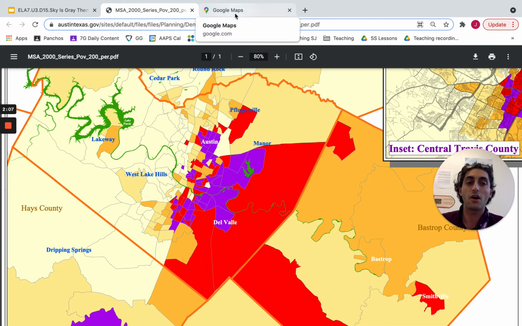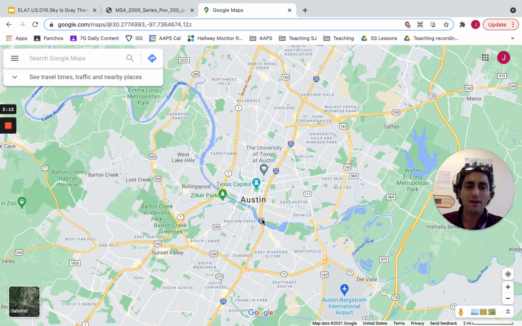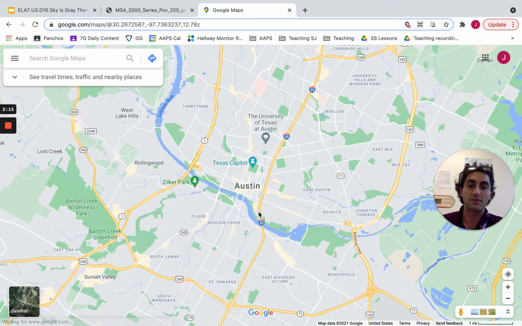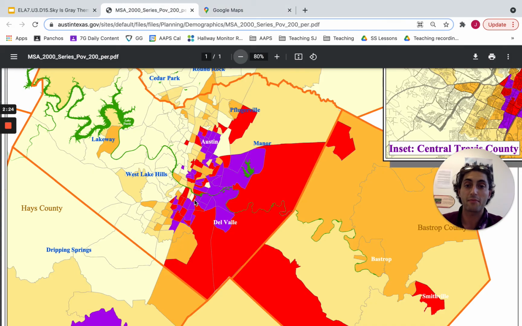And sometimes the other side of the tracks doesn't refer to train tracks, but actually refers to a highway. And so if we look at where I-35 is, this highway, we see that this part of Austin kind of comes down a little bit and it runs right through the middle. And then we go back to our map here and we see where that little part comes down. We see that I-35 basically is the train tracks. I-35 is what separates, according to this map, the richer side from the poorer side. And so if we were to talk about the other side of the tracks in Austin, we would talk about west to this side of I-35 and east to this side of I-35.